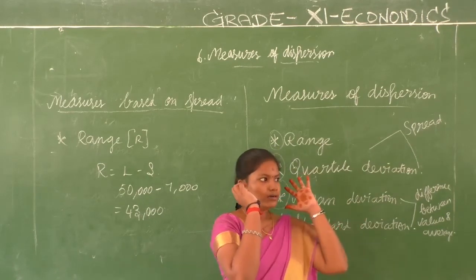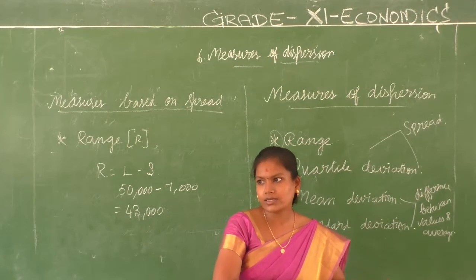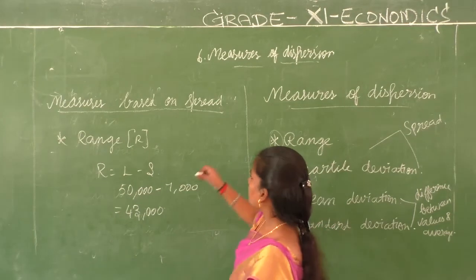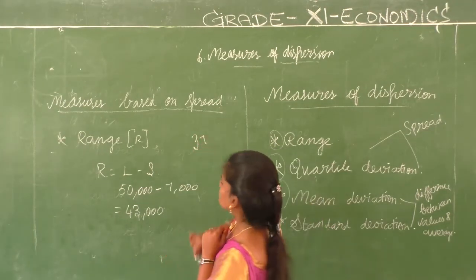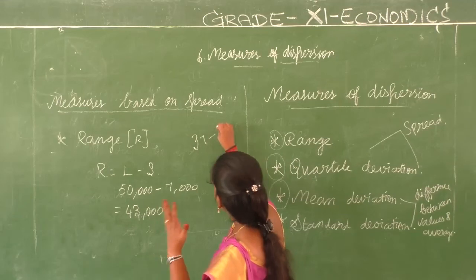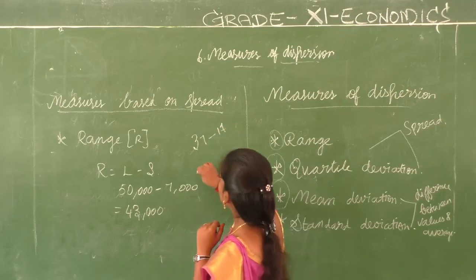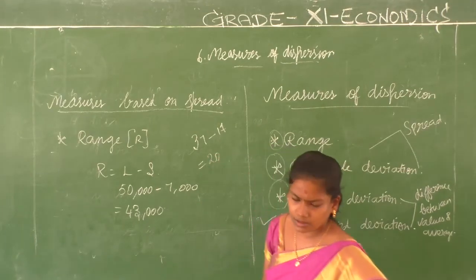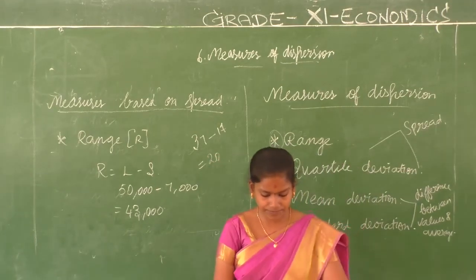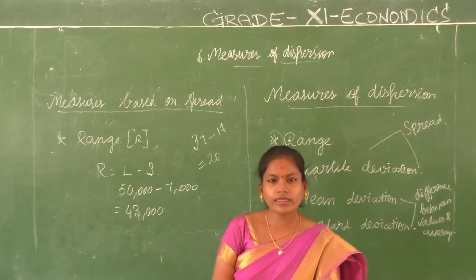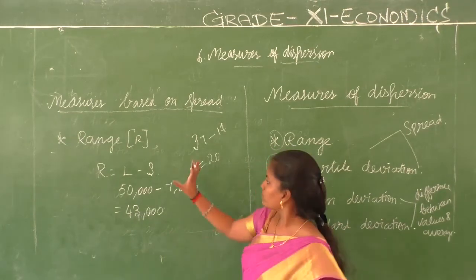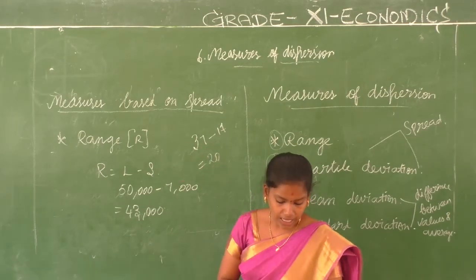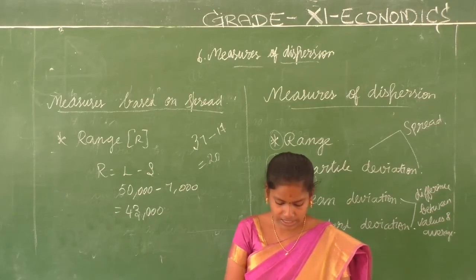Say in Chennai we had the highest temperature, in Ooty we had the lowest temperature. Chennai was somewhere around 37 degrees Celsius. Ooty was around 19 degrees Celsius or 17 degrees Celsius. So what is the range there? 20 degrees Celsius. Okay, that's it. So we need to find the temperature variation, where it was lying. Within this 20 only the variations are lying, is what we are going to understand.